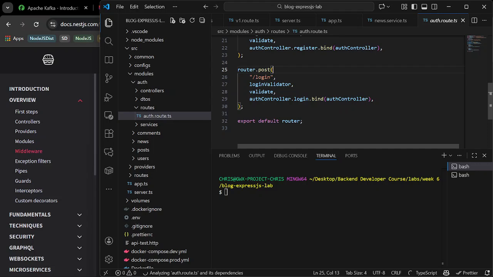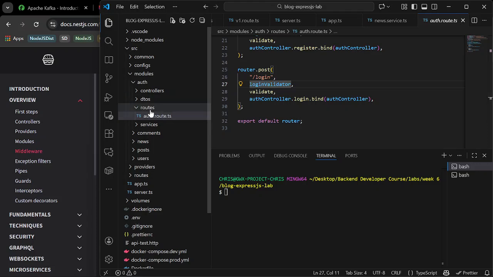Just like the name, they stay in the middle between the request and response cycle. This is where the request comes in, and this is the handler that handles it and sends back a response. These are validator middleware. They validate the input coming in from the request.